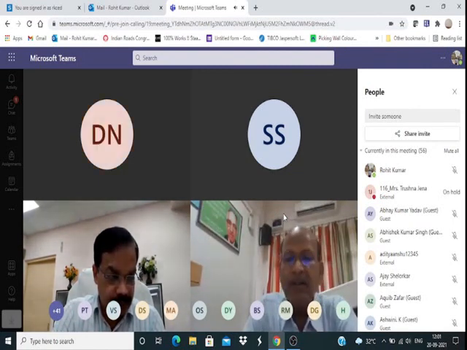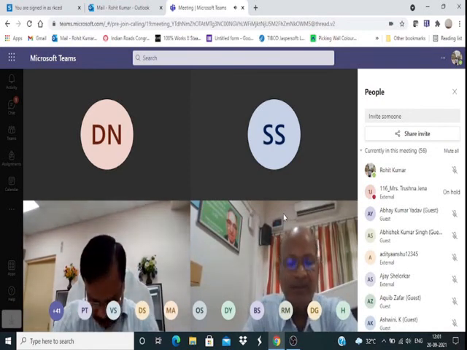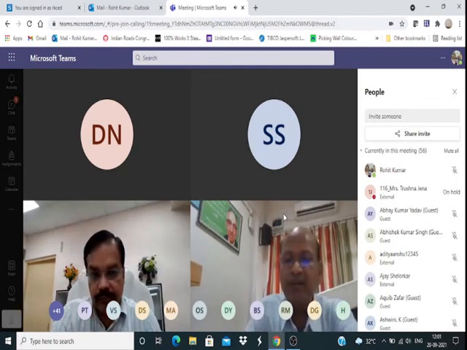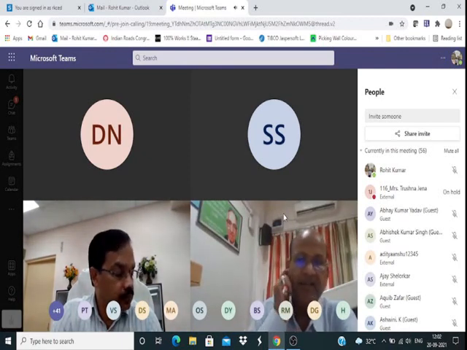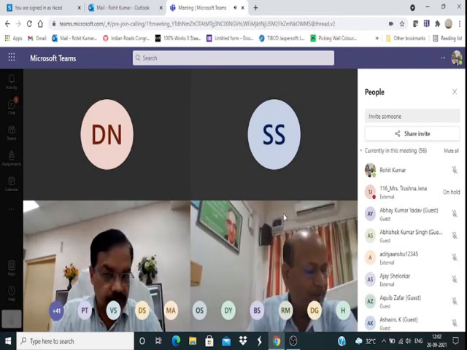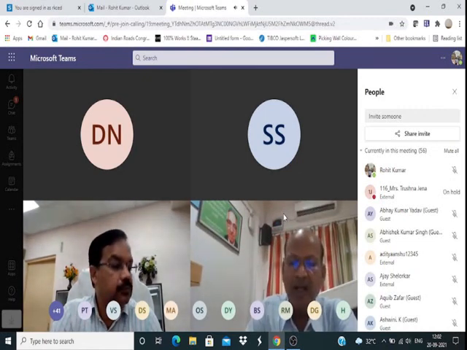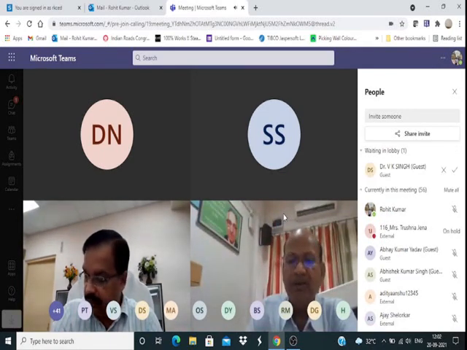During these 5 days of the FDP program, different topics related to seismic engineering will be covered. These topics are basic knowledge of earthquake engineering, seismology and earthquake engineering, site investigation, ground improvement techniques, seismic microzonation, and liquefaction of soil. As you all know, nowadays high-rise buildings are being constructed throughout India, and in this